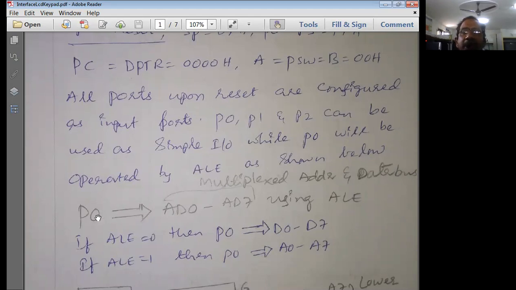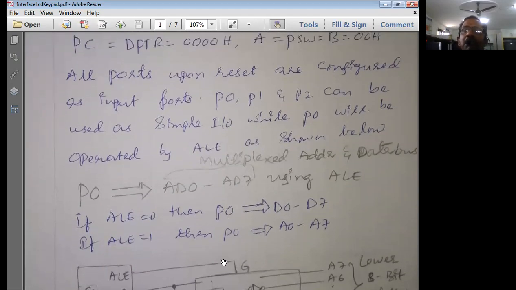These are particularly used, and the ALE pin is normally used, whenever we are going to connect an external memory with the 8051 microcontroller. Then we normally use this particular ALE pin. Otherwise, we don't bother about the ALE pin at all. So directly we are going to connect these port pins to the required devices.